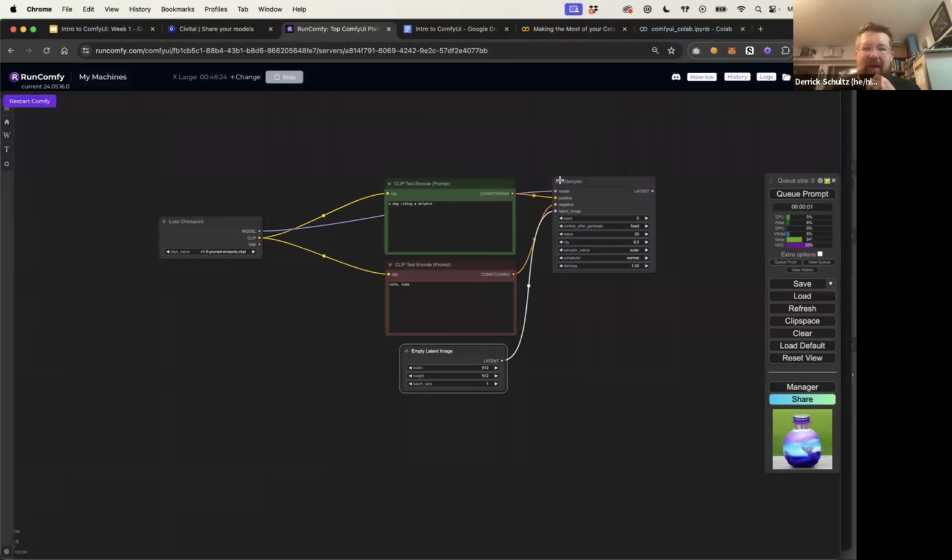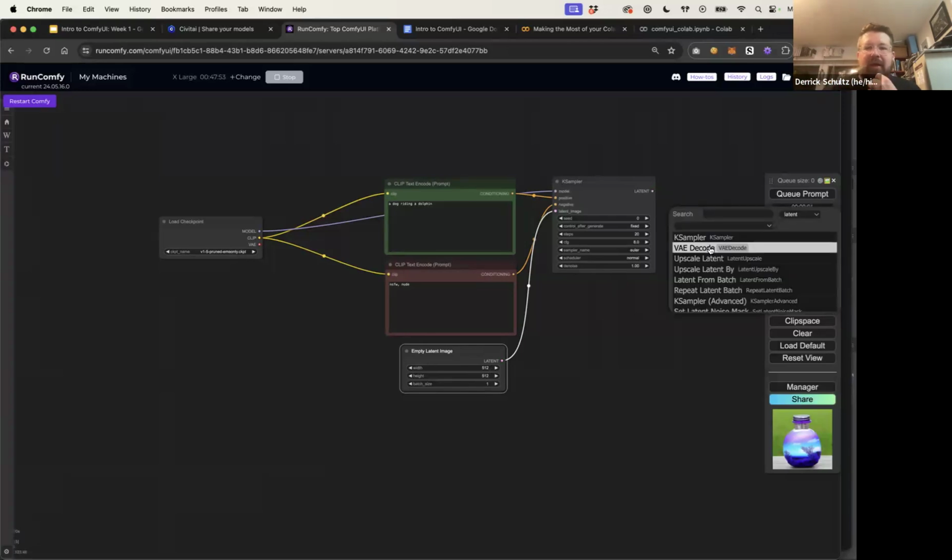So at this point, our K-sampler input is now filled up. The last thing we need to do is look at our latent here, and this is the output of our model. So remember, the diffusion process will create, it's not even really an image, it's like a placeholder with 512 dimensions on the height and the width. So we need to convert that placeholder to an actual image. And we do that using what's called the decode node. So in this case, we're going to click on our latent output, hold down Shift and release, and you'll see that what we get here is a VAE decode.